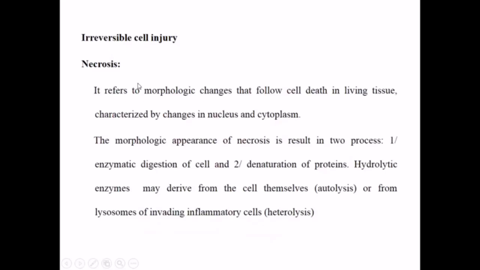Irreversible cell injury. First, necrosis. Necrosis is the morphological change that follows cell death in living tissue. It is characterized by changes in the nucleus and cytoplasm. The morphological appearance has two processes, either enzymatic digestion of the cell or denaturation of protein. The hydrolytic enzymes may derive from the cells themselves, autolysis, or from lysosomes,